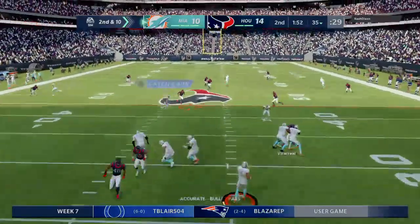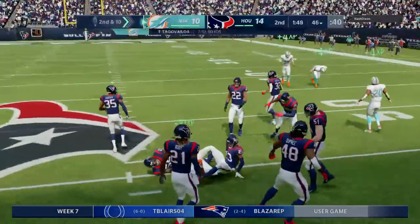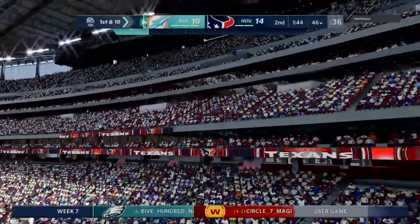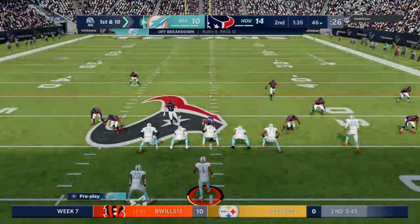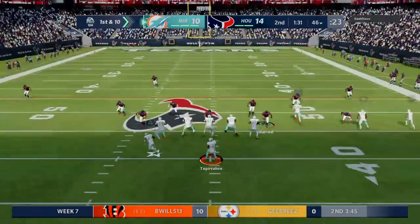Tagovailoa working out of the gun. Brought in over the middle by Grant. And able to get this one across the 45 before he's brought down. 11 yards there, 1st down. You always worry about those smaller receivers running through that gnarly patch of land in the middle of the field. But he did a really nice job there holding on to the football and protected himself as best he could